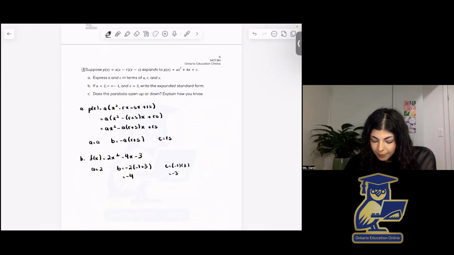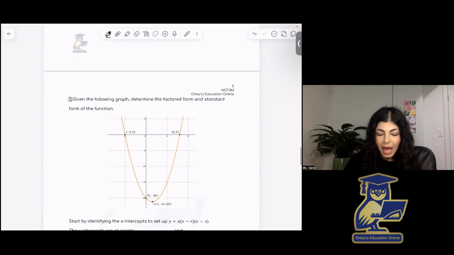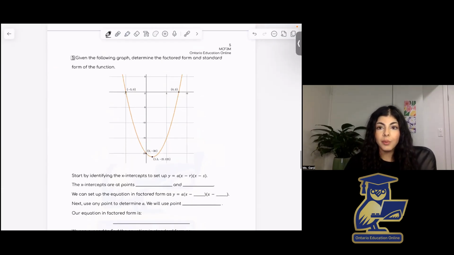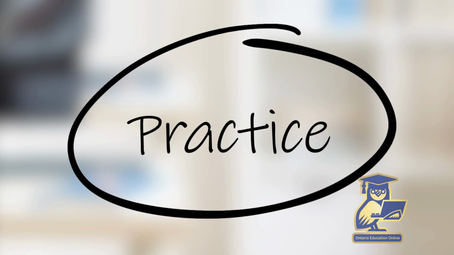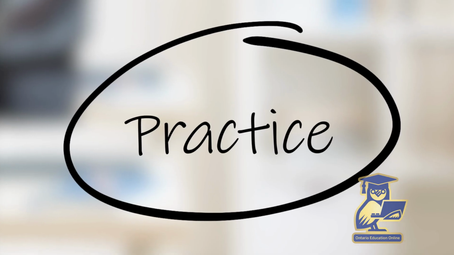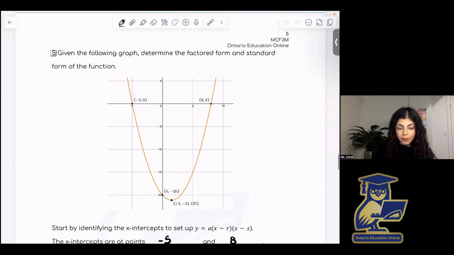And we're almost done our lesson. Just one last problem. So here we have a graph now, and you're asked to find the factored form and the standard form just using the graph. So take a moment and try this, and I'll be right with you to give you the answers. Okay, and looking at our last example for this lesson, so from this graph now, we want to find the